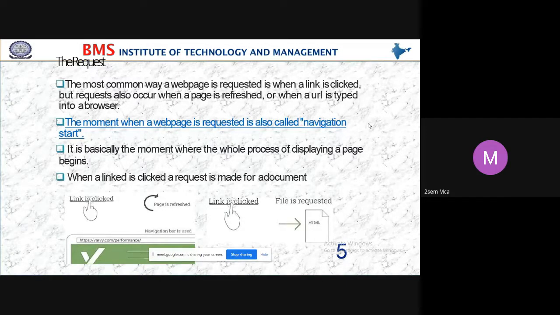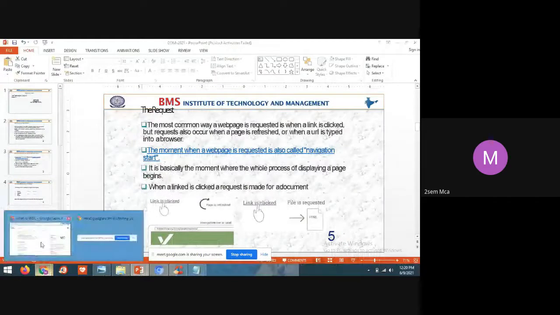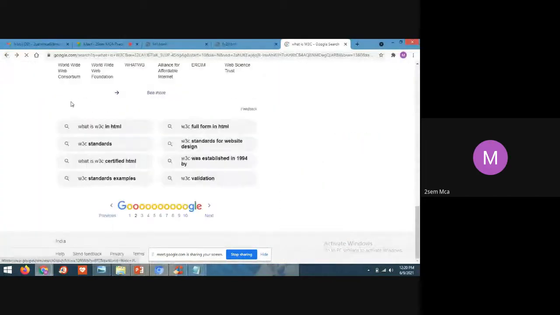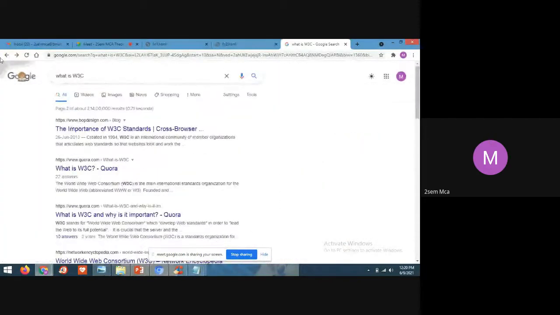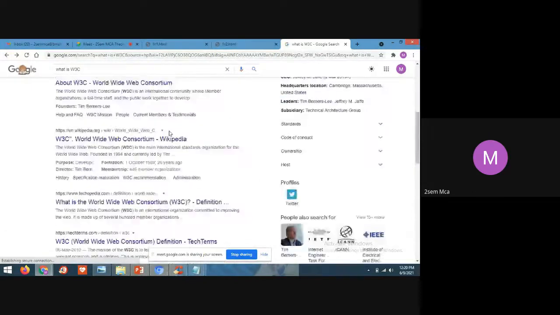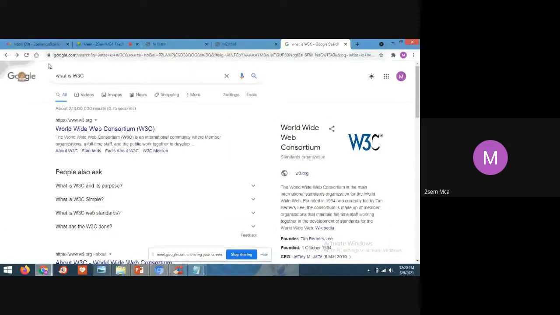The moment when a web page is requested is also called navigation start. When you request some page, this is also called navigation start. So it is redirecting. See here, students, what I did. First I typed Google in the URL.